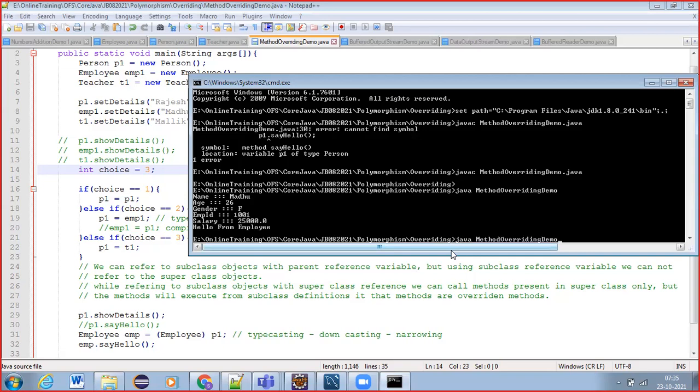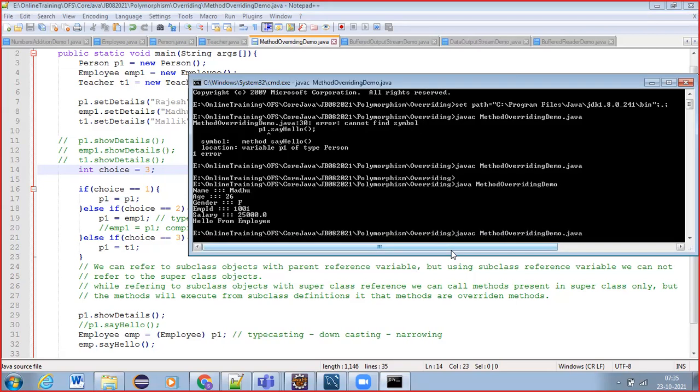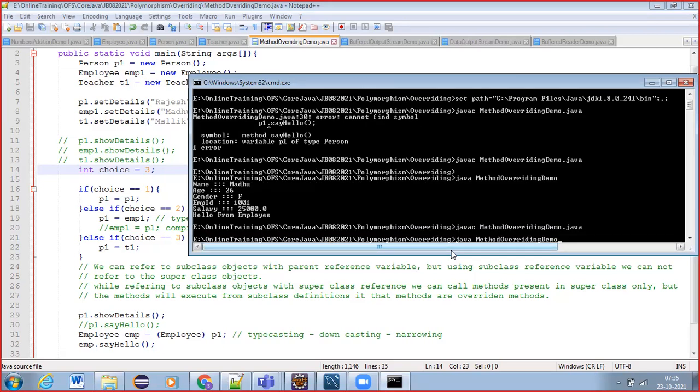Now what happens? Again, we need to compile it, right? Compile it. Now what happens? Tell me, guys. What will it display and what will it do?